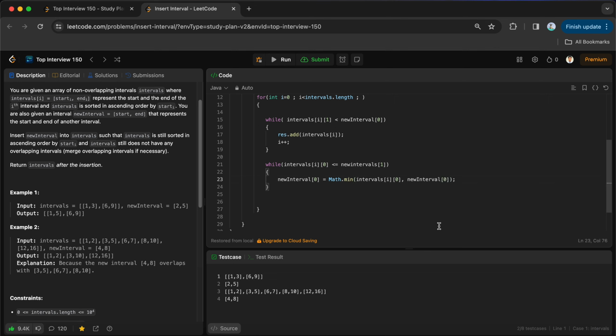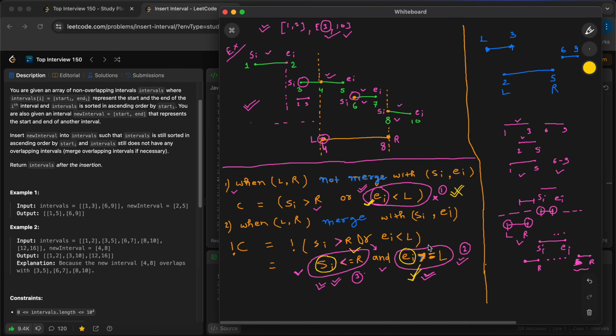In this way I can find the correct range, because as I already said, if these 3 points are overlapping, like this point and this point, I will find the minimum of the starts, like this one,